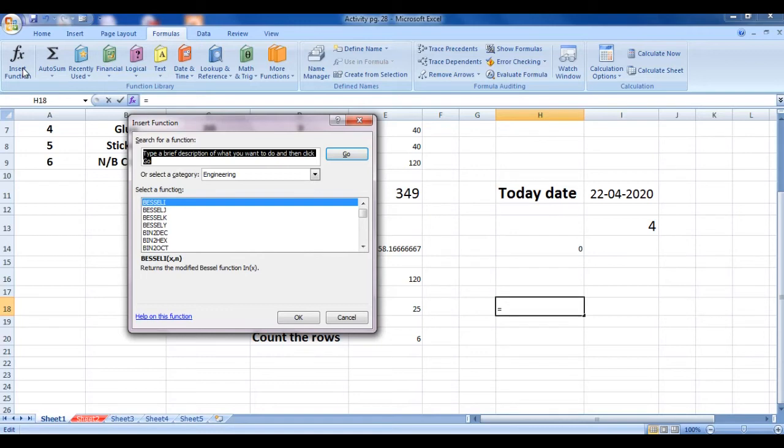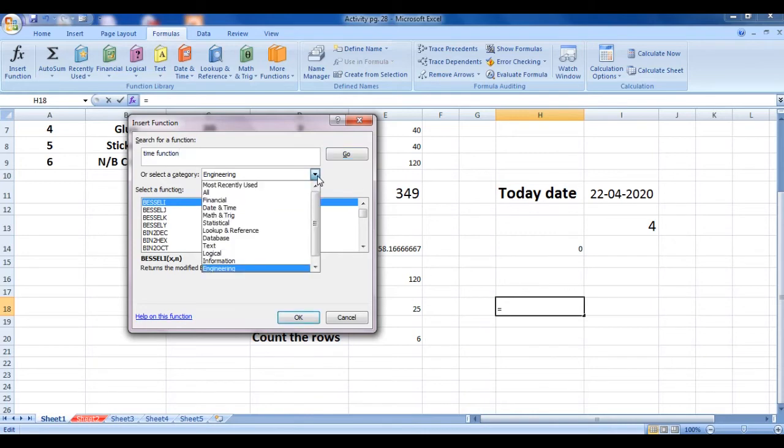As you click on this Insert Function, a dialog box, the Insert Function dialog box, opens here. Now from here you can search for a function that you want. In Search for a function, suppose I want a time function. So I am writing, time related function needed, so I have written here time function. I don't know what is the name of the time function in MS Excel, so I am just writing this time function. Whatever will be the name, it will show you.